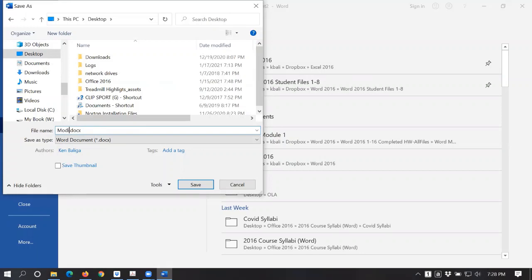So again, the name of the file will be the module number, module 1. In this case, part 2 would be helpful. Your name, last first is best, and the section that you're in. So let's assume I'm in section 1. There are 2 sections, so please make sure you're aware of which you are in. We save this,